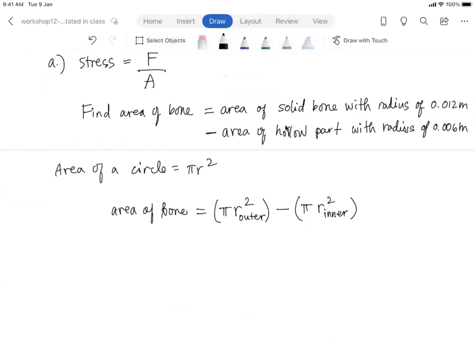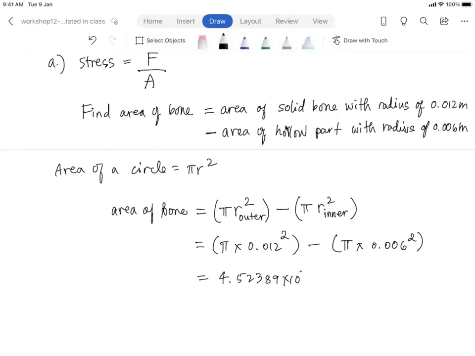Substituting numbers, you have pi times 0.012 squared. Don't forget the square. Minus pi times 0.006 squared. Don't forget there's a square there. Carry out the calculations. You have to do the square first and then multiply that with pi. You should get something like